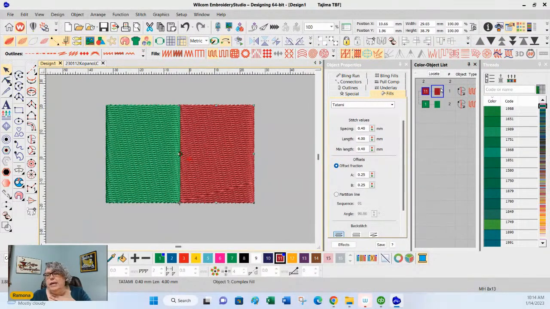And yes, underlay can play a part in the whole thing, depending on what you're doing, what the size of the element is.